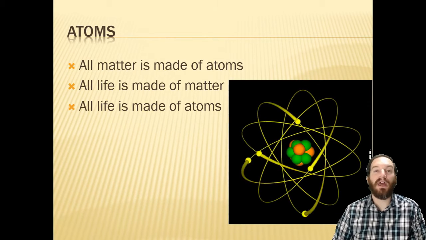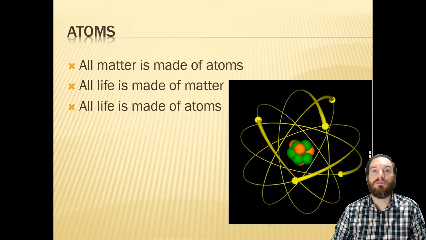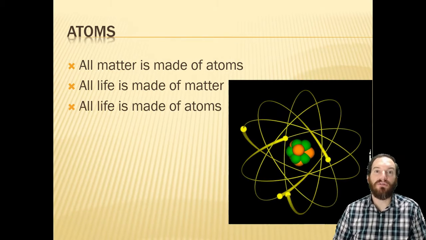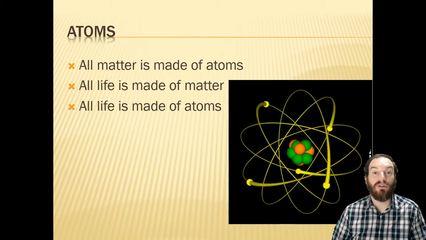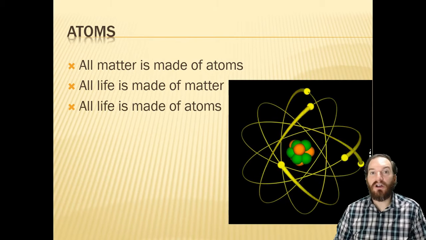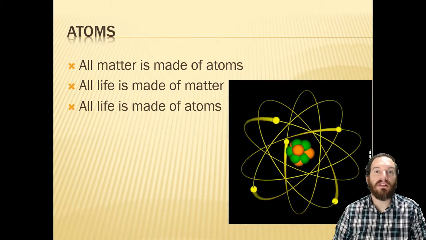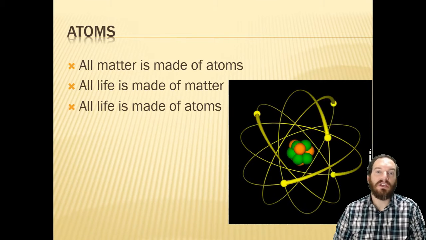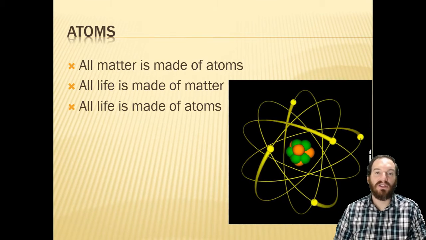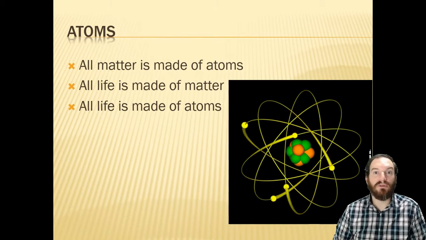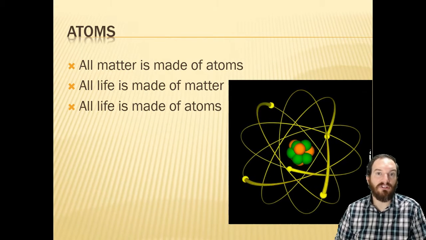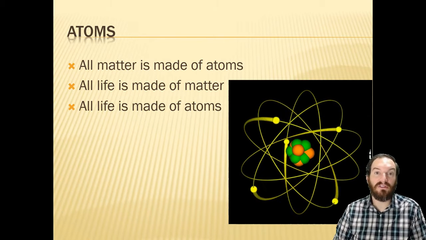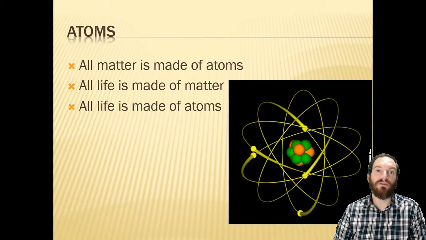So first thing we want to talk about, when we talk about atoms, all matter is made of atoms and all life is made of matter, and so therefore all life is made of atoms. That's why it's incredibly important for us to talk about it. We're going to talk about your cells and the cell membrane that makes up your cells. Well, that's made of predominantly carbon, hydrogen, and oxygen. And then if we want to talk about nucleic acids, which are incredibly important for making you look the way you look, well, that's carbon, hydrogen, oxygen, nitrogen, phosphorus. So all of these different things are going to be incredibly important just for even the smallest scale molecules that are really important for your body.